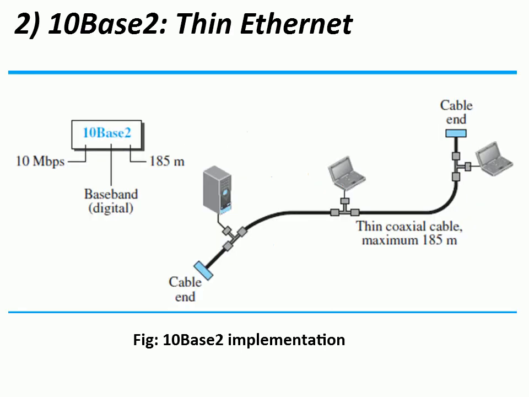And the next one here is 10Base2. It is also called thin Ethernet. As you can see in this figure, this is the second implementation, and it uses bus topology only. When you compare the previous one, 10Base5, with this 10Base2, there also we had bus topology and thick coaxial cable. Here also we are using bus topology only, but the wire or cable is thin compared to the previous one, right?